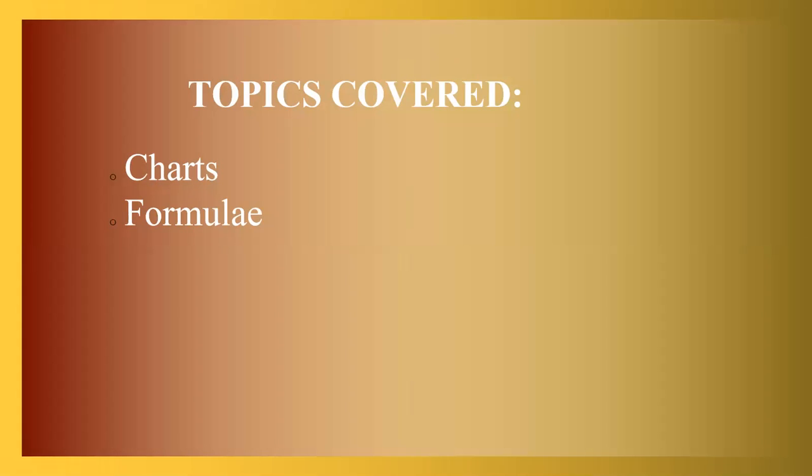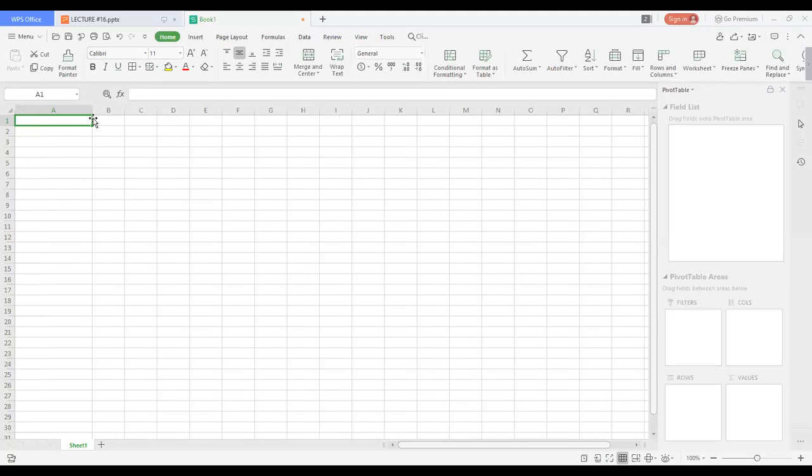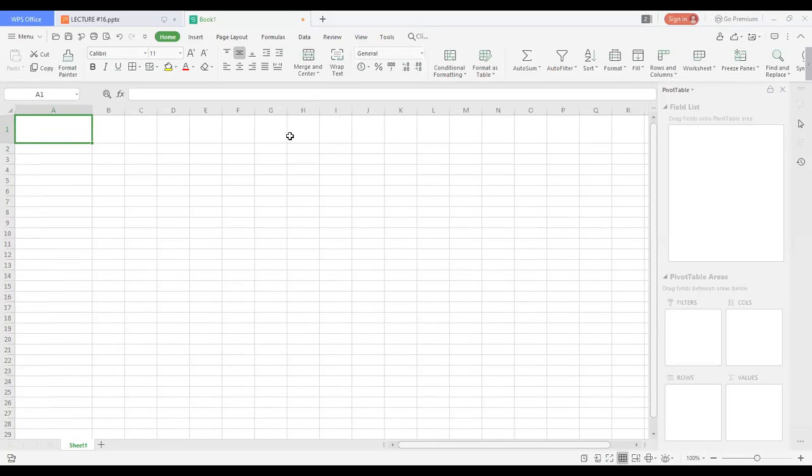Before moving forward, I'll just go to the screen of Excel, and I told you this is the home. These are the menu bars: home, insert, page layout, formula, and data review. Now we need to know that these are the row headings, these are the column headings, these are the columns, and these are the rows. You can increase the size of the rows and columns by clicking on this and dragging the mouse here. You can increase the size of the row as well.